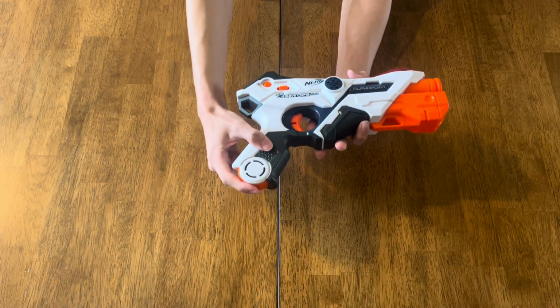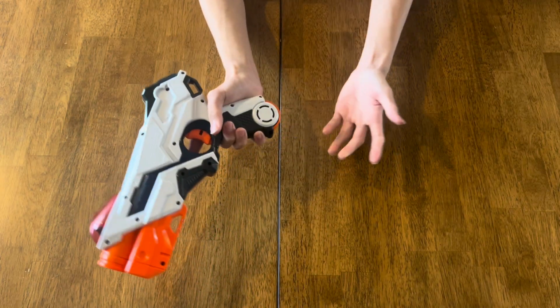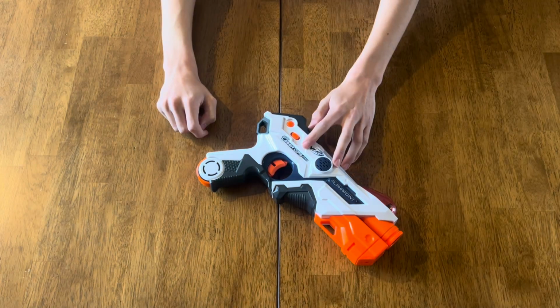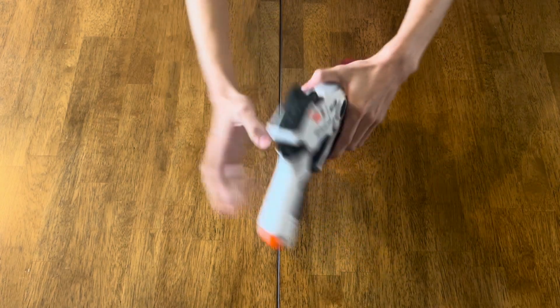Same goes with the button down here. It doesn't feel very good, but the only time you're going to be pressing it is to pick teams or smacking it to reload your blaster, which, as I just mentioned a second ago, this is how you actually reload. And to explain that further, we have to talk about